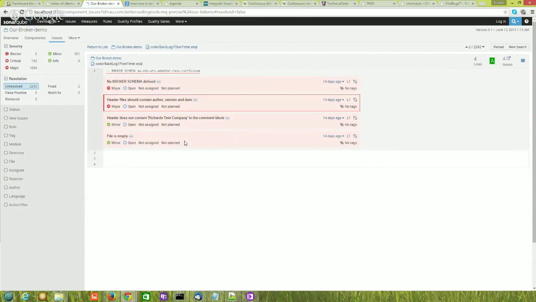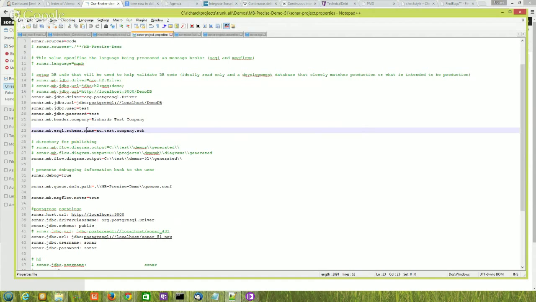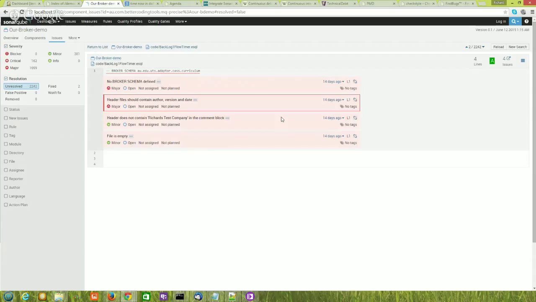So these next two violations we're looking at here: header file should contain author, version, and date, and header does not contain test company name. Looking at the properties for the second one, every ESQL file that you create needs to have some sort of company standard comment or documentation in the header. This allows you to put copyright material, licensing arrangements, or just your company name in the file, to make sure you're getting consistent documentation for each